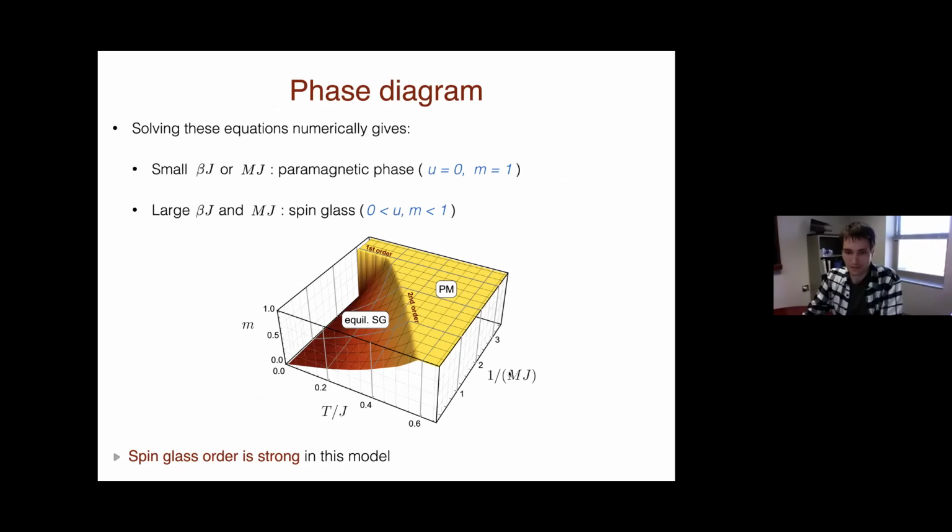Yeah, so the phase diagram looks something like this. On this axis, there's beta J, and on that axis, there's mJ. And there's a corner down here where you have a spin glass. And everything out there, at this plateau value, you don't. You're in a paramagnetic phase here. Okay, so